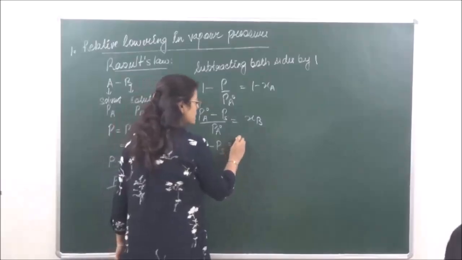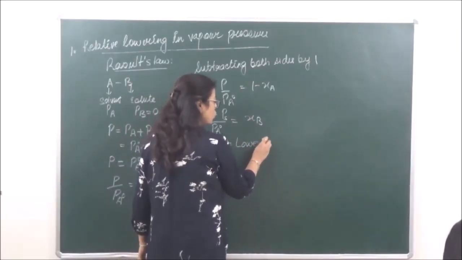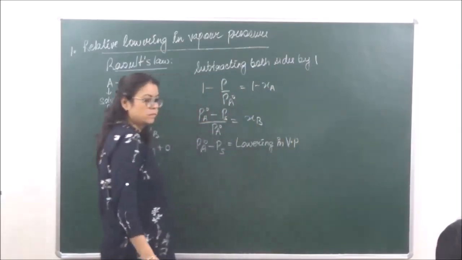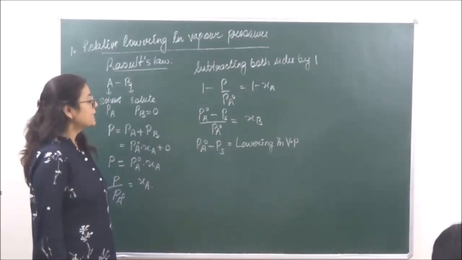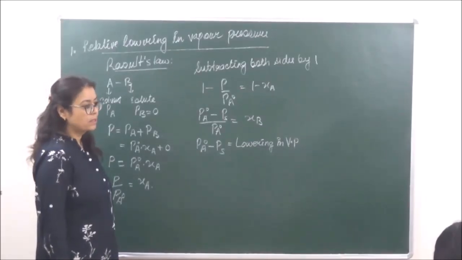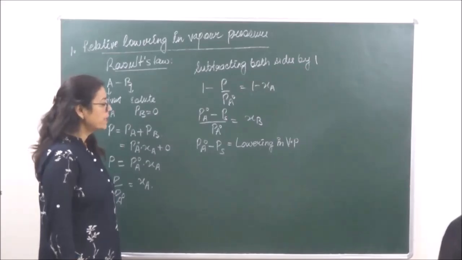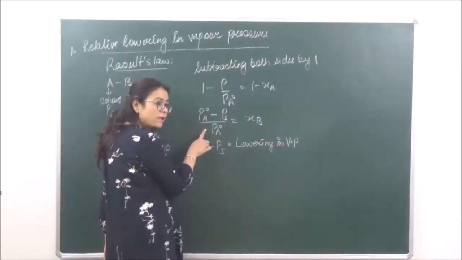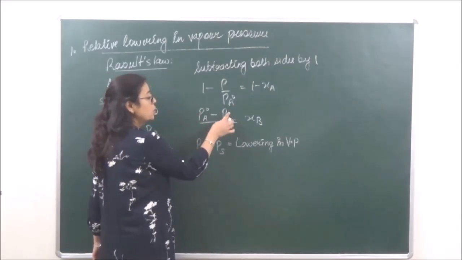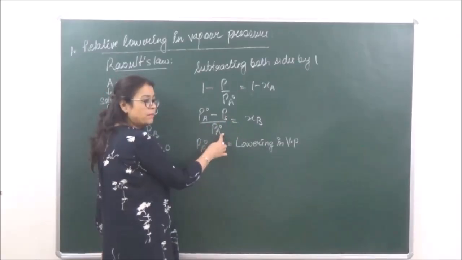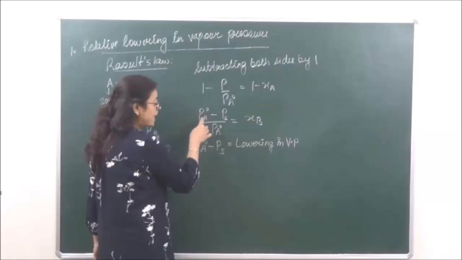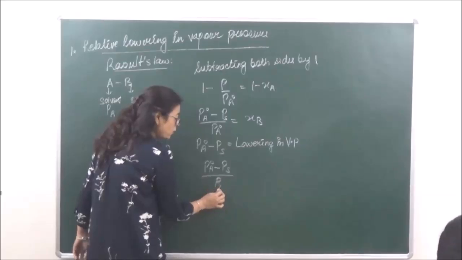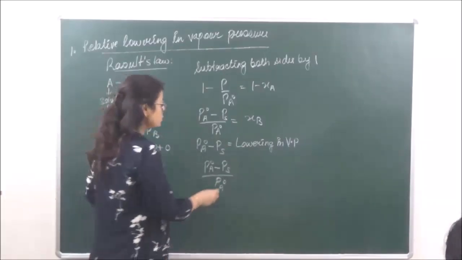This is known as lowering in vapor pressure, right? And this is not a colligative property. When we are talking of only lowering in vapor pressure, it is not a colligative property. But when we take relative lowering in vapor pressure, that is, we are comparing the lowering in vapor pressure with the vapor pressure of the pure solvent, this entire term PA naught minus PS upon PA naught is known as